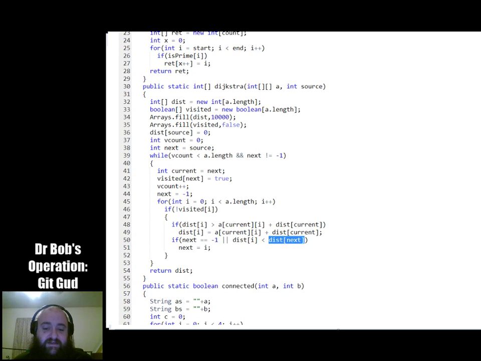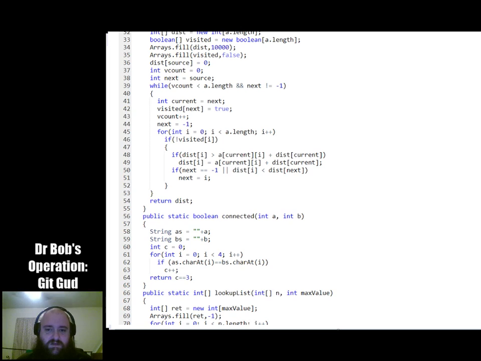Now, I had to put this in here to make sure that we didn't try to compare it to a non-existent node. I just realized I think this is redundant. I think it's going to go to all the nodes regardless of whether you can actually reach it or not. We're just going to have infinite values there.